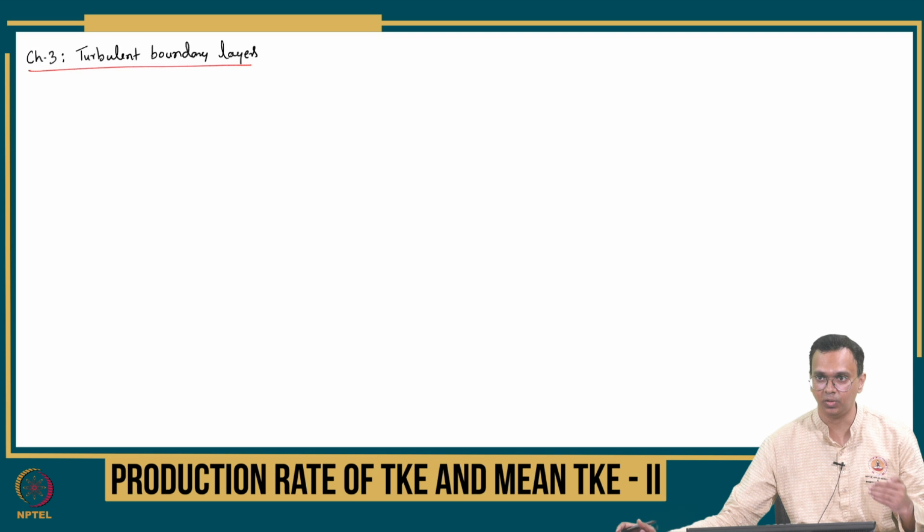∂Ui/∂xj, that is your, let's say, ∂ū/∂y term in the boundary layer. If this term doesn't exist, it means there is no boundary layer, so you need those terms. So turbulent flows are also shear flows, and boundary layer is also a shear layer. So before we begin a turbulent boundary layer,